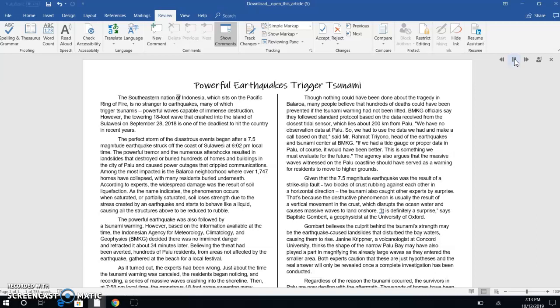The southeastern nation of Indonesia, which sits on the Pacific Ring of Fire, is no stranger to earthquakes, many of